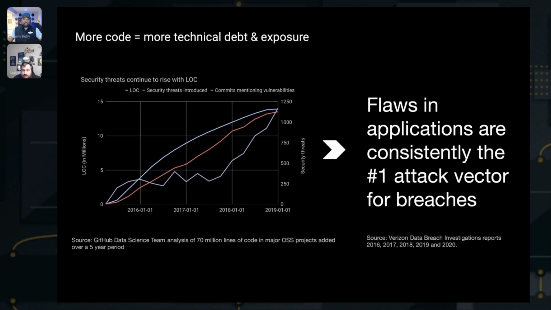Because that red one is, even though, if you look at the purple line, even though we are attacking these security issues more, the red line is showing that even more of them are being introduced on a regular basis, right? So it's very hard to keep up. I really like to show that one. And a lot of that is within the supply chain. So it's a big challenge.